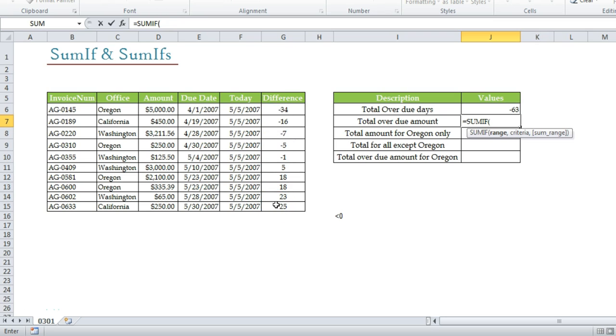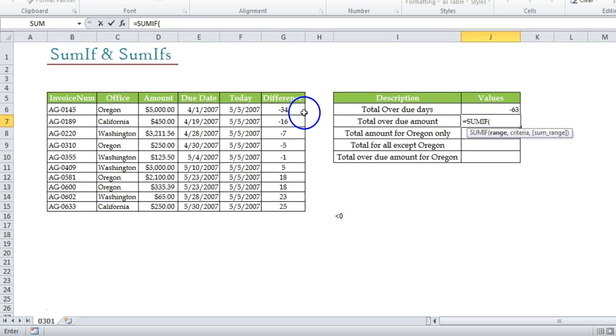Now think about it. Again the condition is in column G, and we need the sum of amount, so that is in column D. The common mistake people make when they do this kind of situation for the first time is they say that the range is column D, which is amount, and that is completely wrong. Think about it. The range will be column G because we have the condition in column G, and the sum range will be column D.